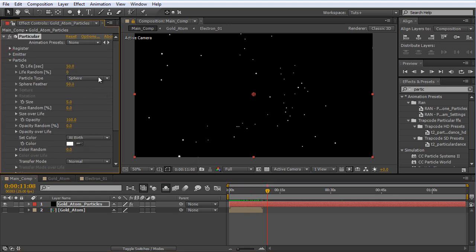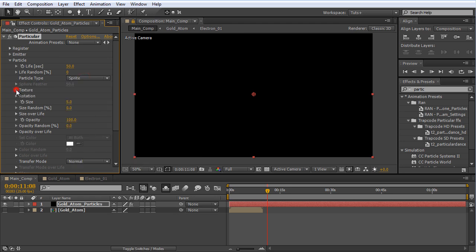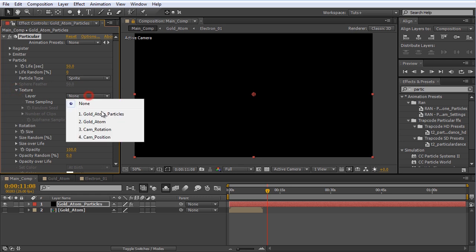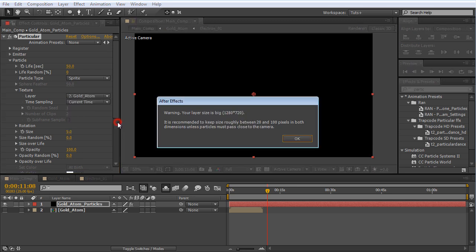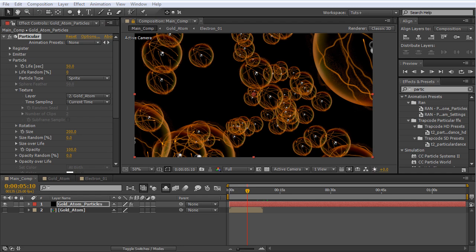Now let's see, we'll set the particle type from sphere to sprite. In the texture section, we'll set the layer to gold atom, and it warns me that it's way too big, and that is fine with me. I'll set the size to 200. Now, at the moment,